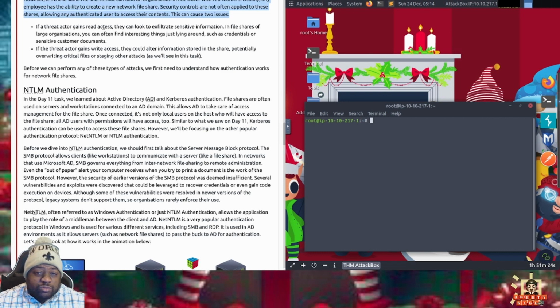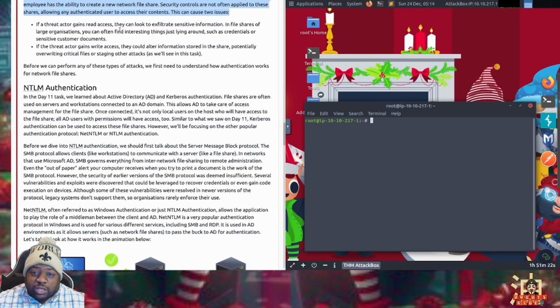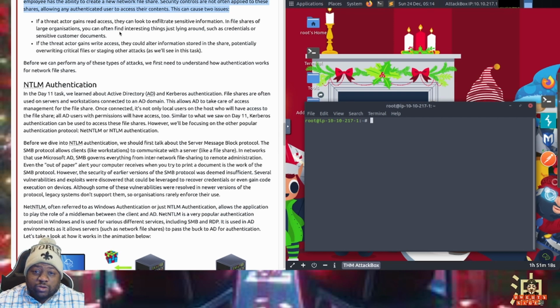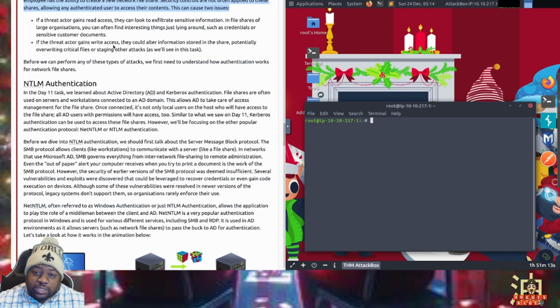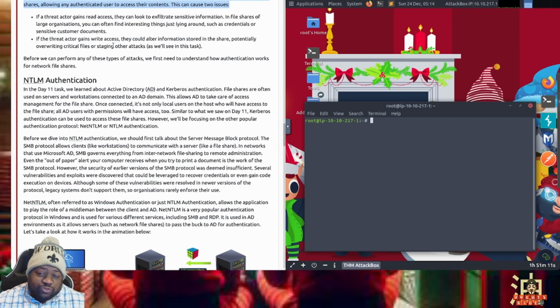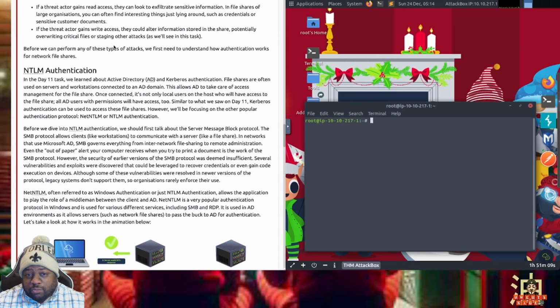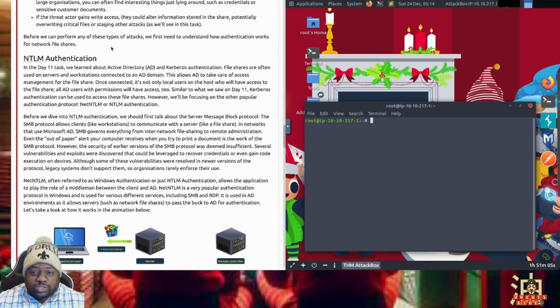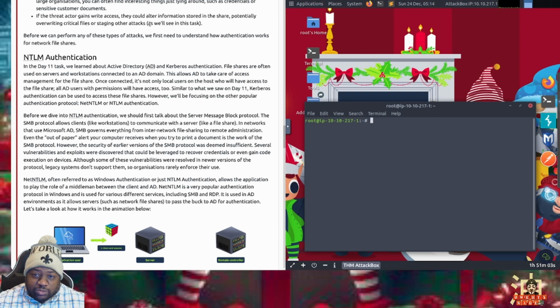If a threat actor gains read access, they can look to exfiltrate sensitive information. If a threat actor gains write access, they can alter information stored in the share, potentially overriding critical files or staging other attacks, as we'll see in this task.